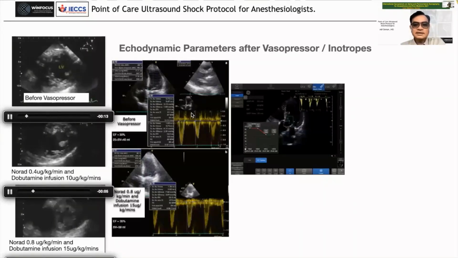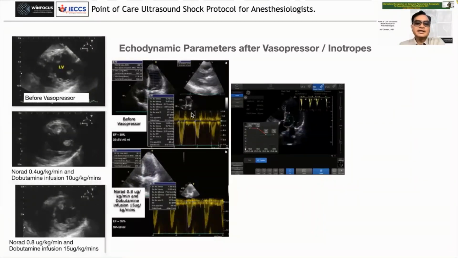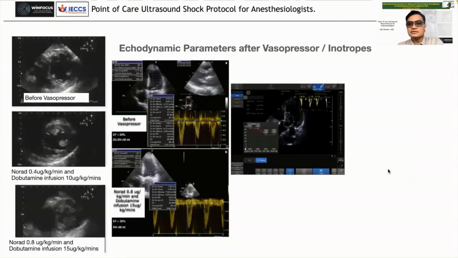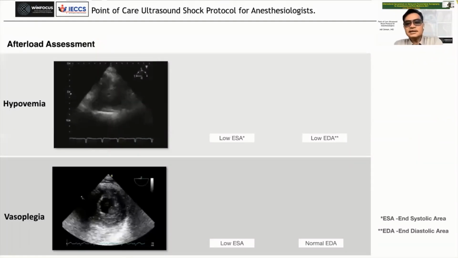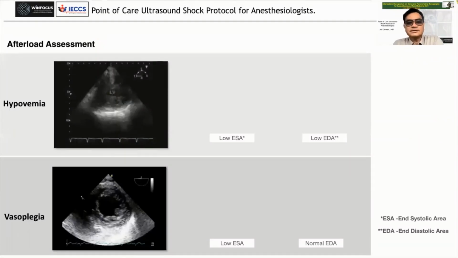And of course, similarly, you can do a VTI, and you can see there's an increase in VTI, and you can see the variation before and after you start the patient on inotropes. The other thing that you can use point of care ultrasound for is